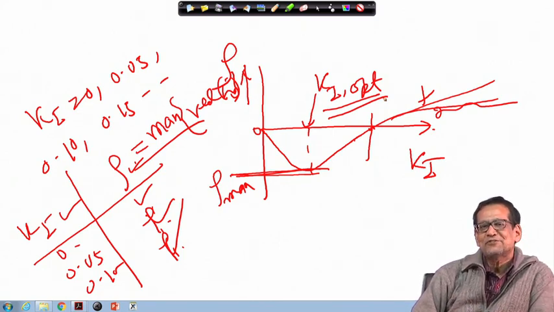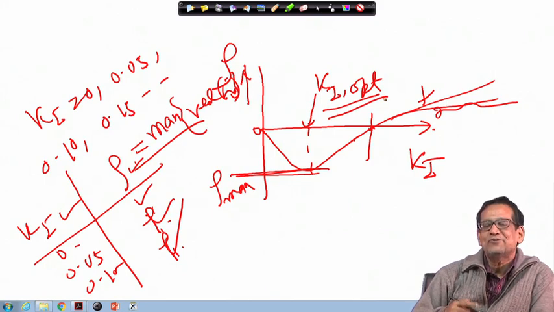Similarly, if you use a proportional controller or a PID controller, there also you can easily find the proportional gain, derivative gain, and integral gain. But you cannot do all three together. First you optimize Ki, fix the value of Ki, then try to find out Kd, then you try to find out Kp. This way you have to try.